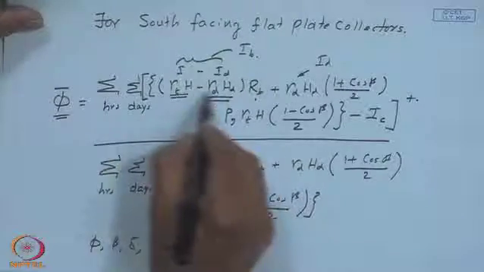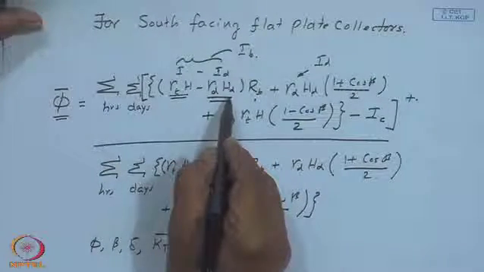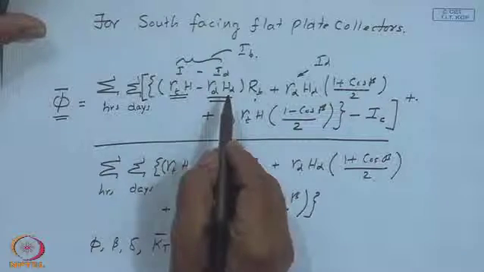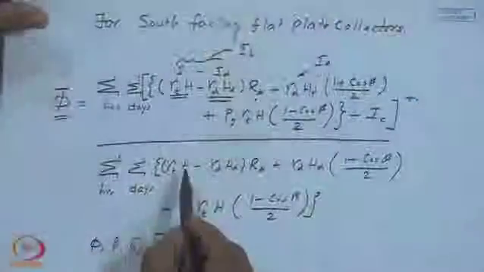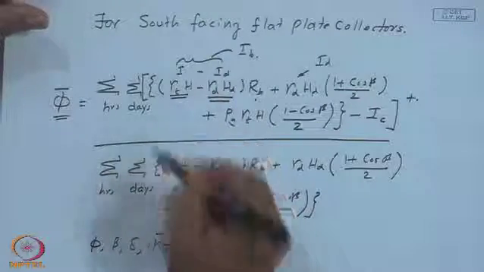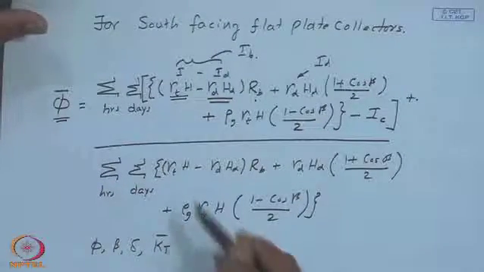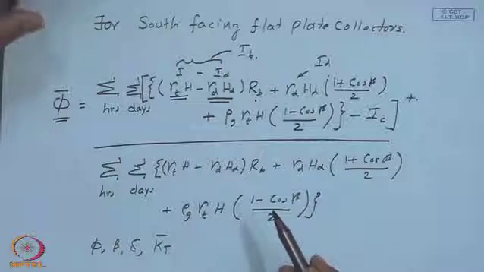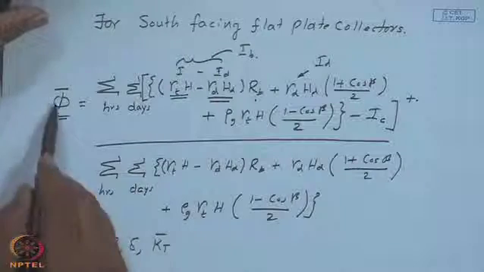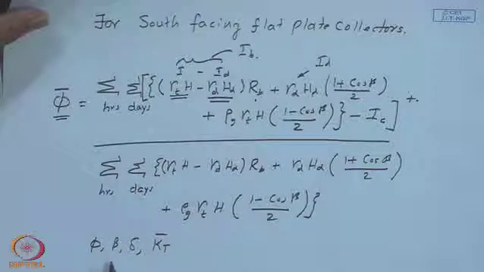Of course, this R t and H and R d and H d will bring in certain difference between the data values for a corresponding location and the numbers that are obtained from this calculation. However, we are making some sort of an error in both the numerator and the denominator, and hence the overall error may not be much, and further it will show the clear functional dependence on phi, beta and delta and kT bar instead of scatter if you use only the data.